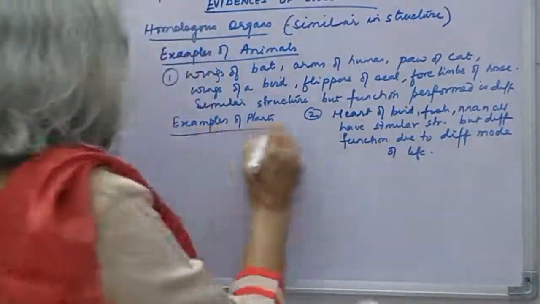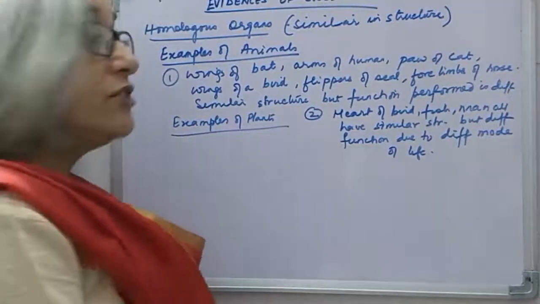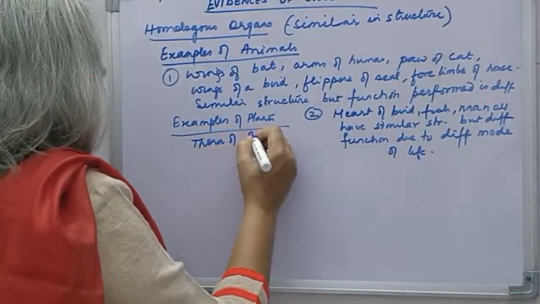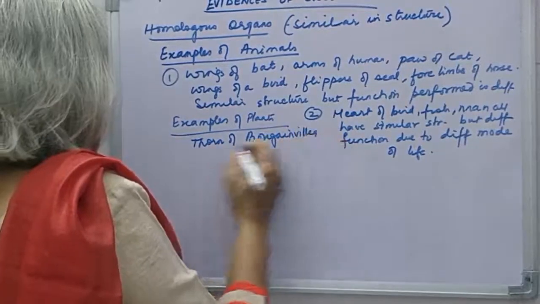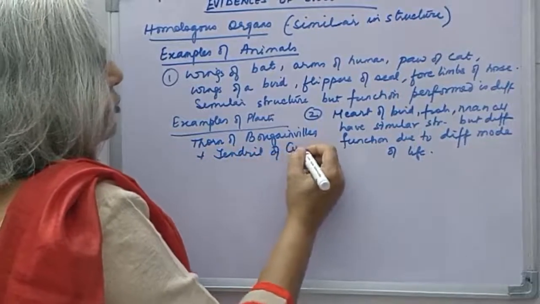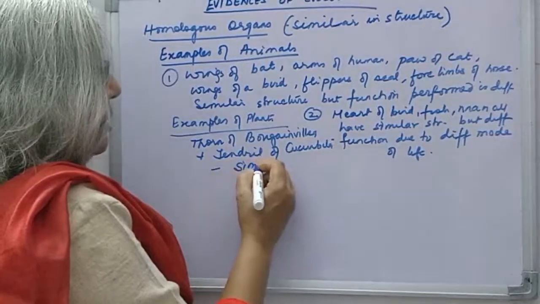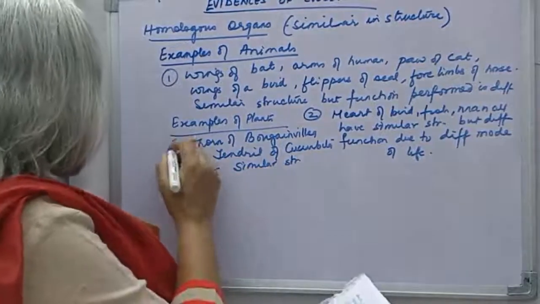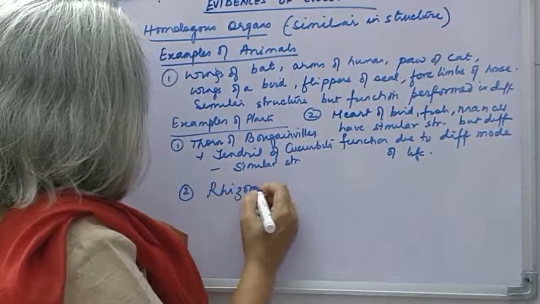Then coming to plants, a thorn of bougainvillea and a tendril of cucurbita. They both have similar structure but the function performed is different. This is one example. Second example is rhizome of ginger